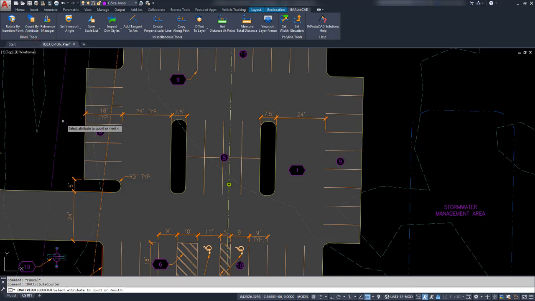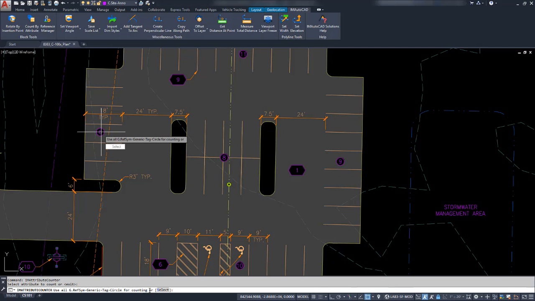And it doesn't matter what the block is. We simply select the attribute tag. Not the block, but the attribute tag. And what it will do is it will look for all of these blocks. And you see the name of the block there at the cursor, but you also find it at the command line. So it read the name of the block as well as the tag information, and it's going to, by default,